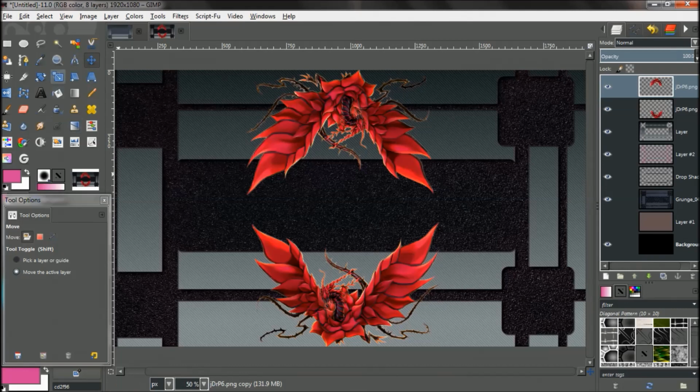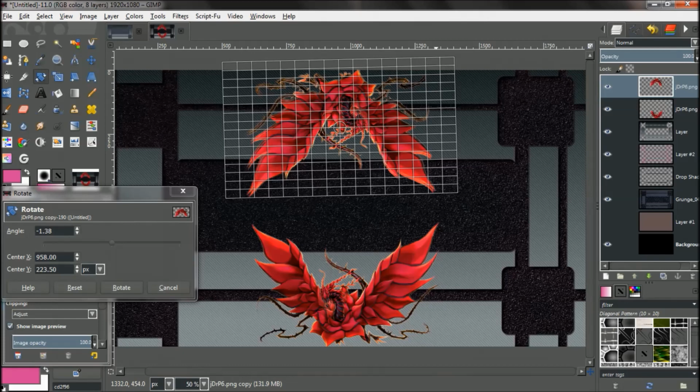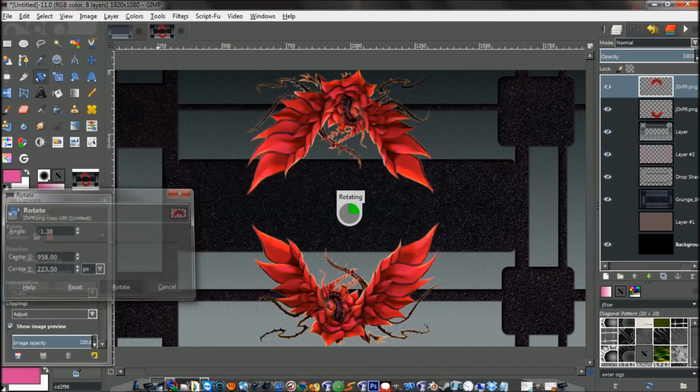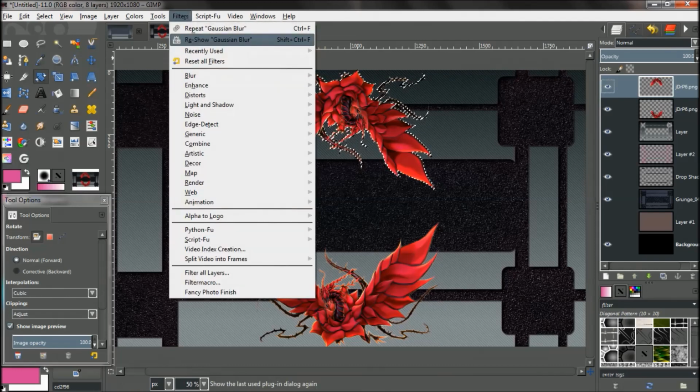I don't know if I like that or not. Rotate it just a little bit longer. That looks a little bit better. I don't know if I like that or not, though. I don't know. Let's hit Alt, then click on the image, and then let's go up to Filter and go